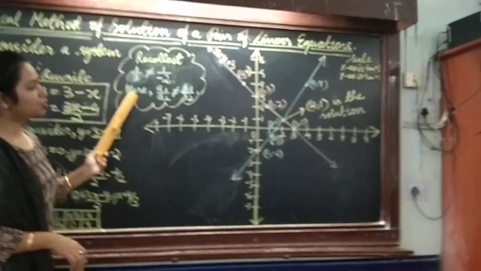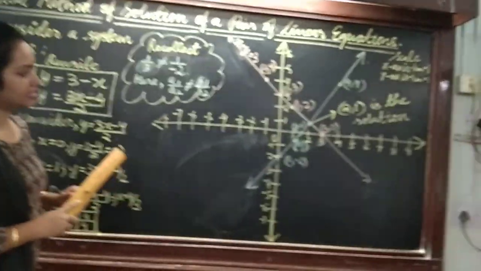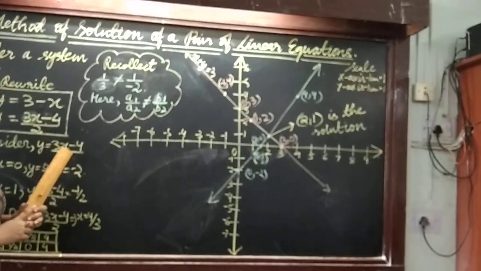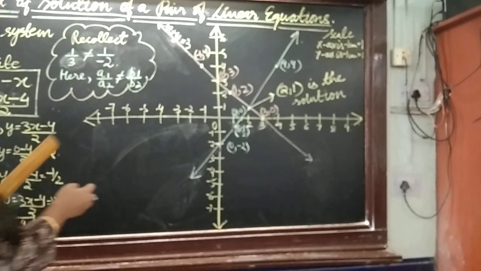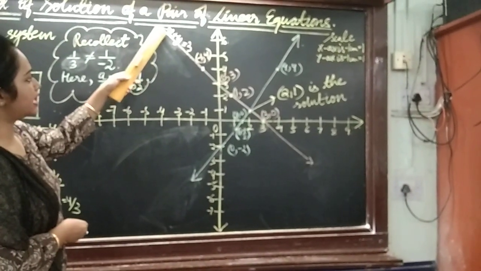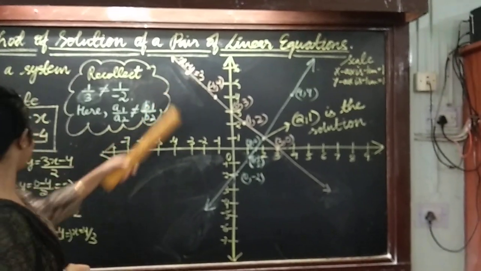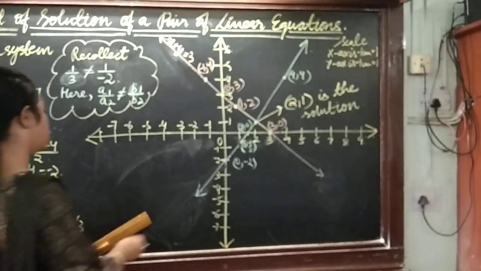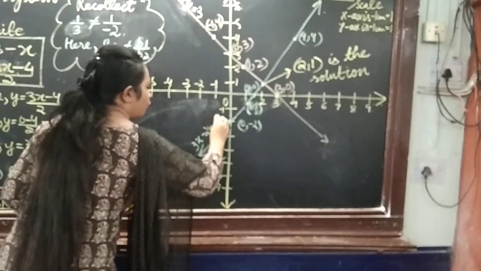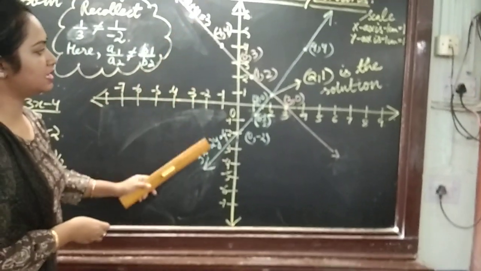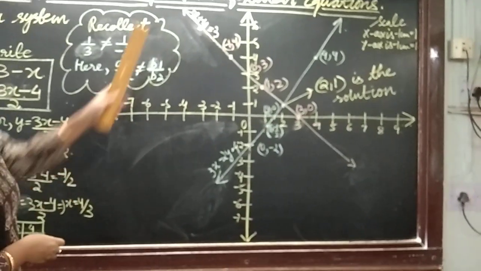Now you could see I have used two different colors in order to plot the lines, right? So what I did was I ensured that I have plotted all the points. I have written the first graph as x plus y equals 3, and the next graph which I have plotted is 3x minus 2y equals 4. So these are the two graphs which you can see in two identifiable colors. For the number line I have used yellow color. Okay. So make a number line.